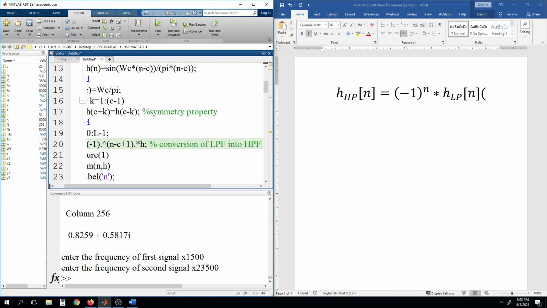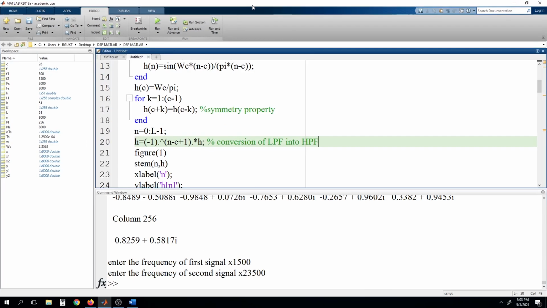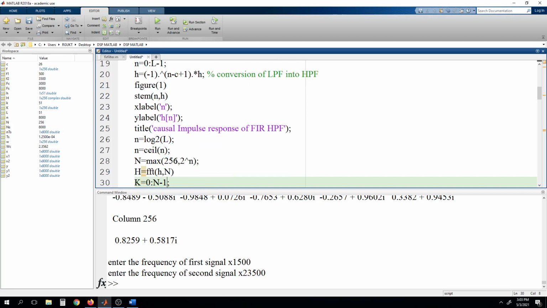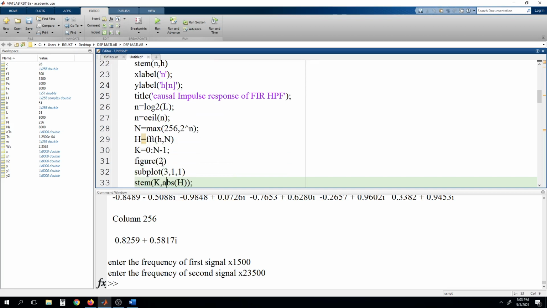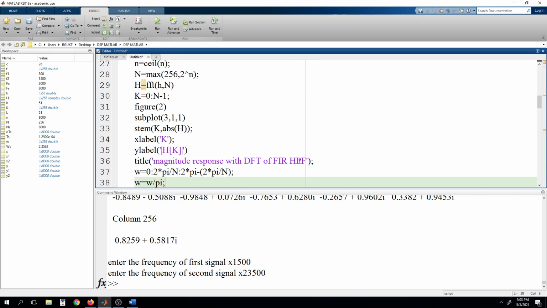Okay, then we'll be taking one figure and plotting this one, taking it with stem and plotting this label by label, and then taking another figure and drawing the magnitude response of this one.